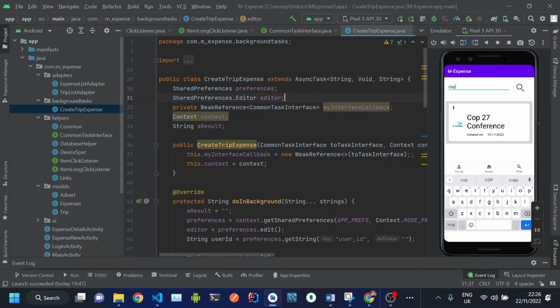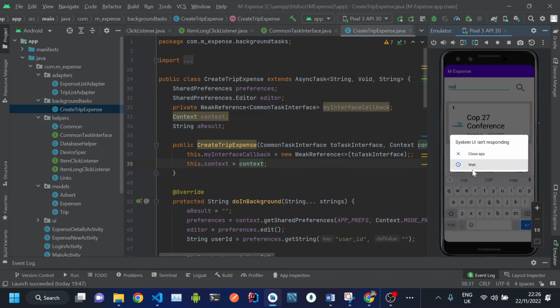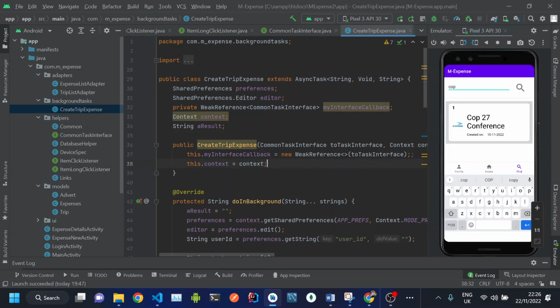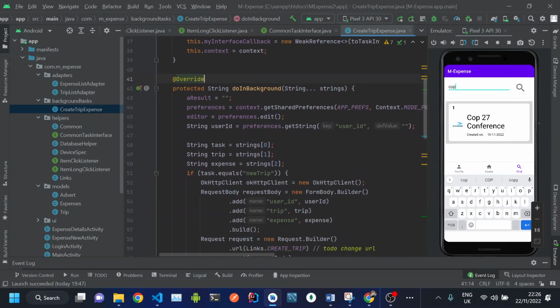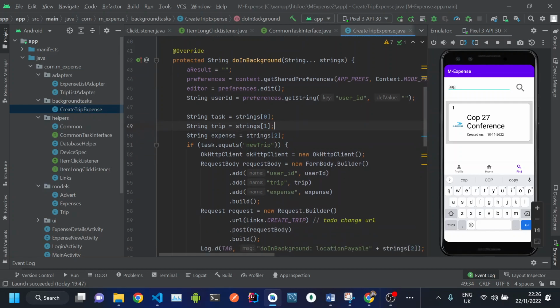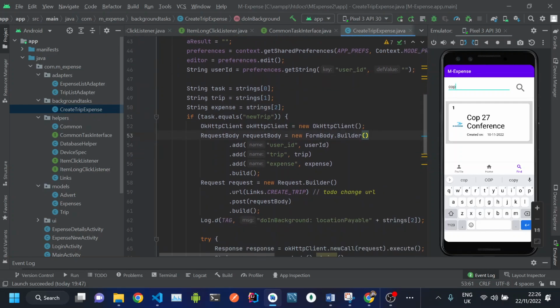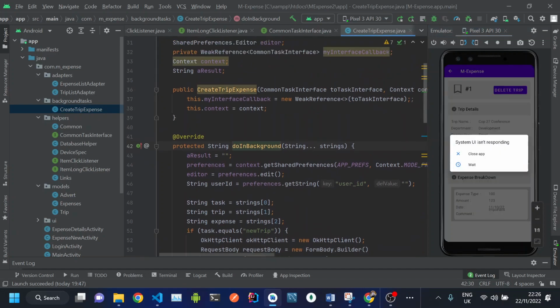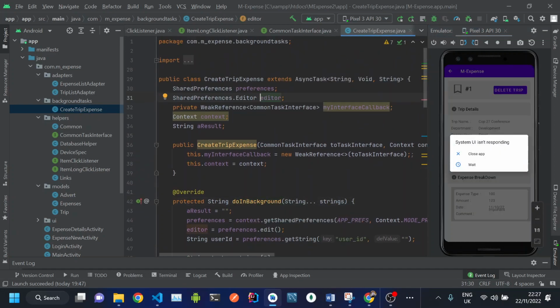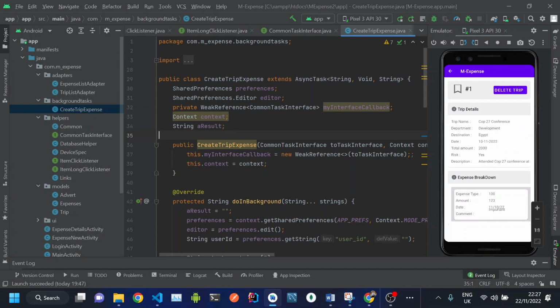async threads. So we are doing an RPC call to the server. You could have an HTTP, or you could have a JSON, you could have a gRPC, you could have whatever format you're doing. But in this case, it's an HTTP request and response query. So in this case, we're just checking if we are having this method. So this class create trip is working on the background. Once we create, then once it is able to do that,